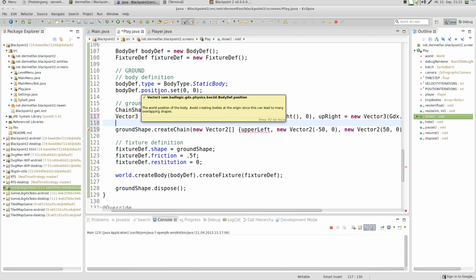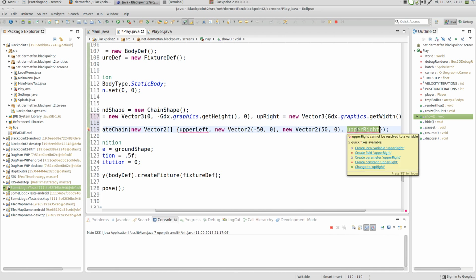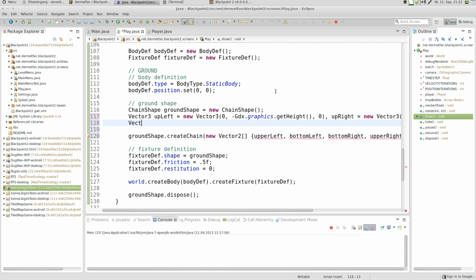Okay, so now that we have these two, we have to have another two. Upper left and upper right are going to be upRight and upLeft. So now let's create these in the middle, and they are going to be, let's say, bottom left and bottom right. Then we are going to create them. So I'm just going to say botLeft equals a new Vector3,